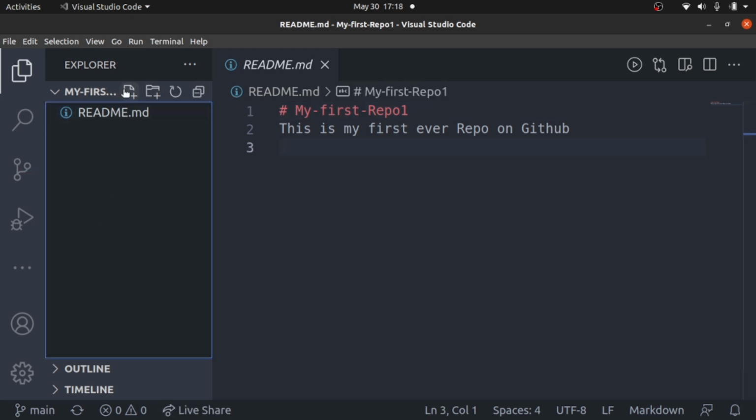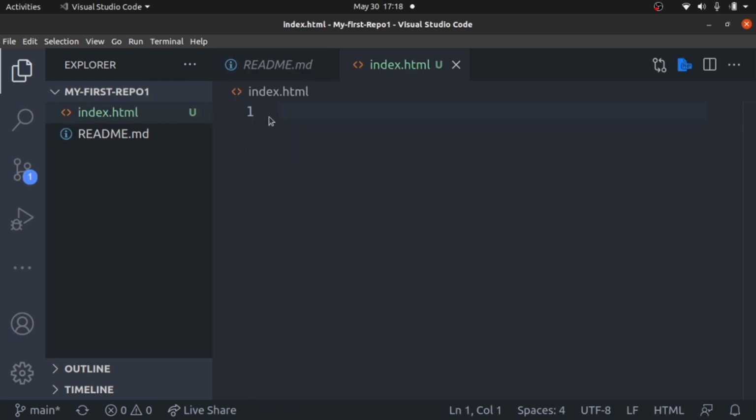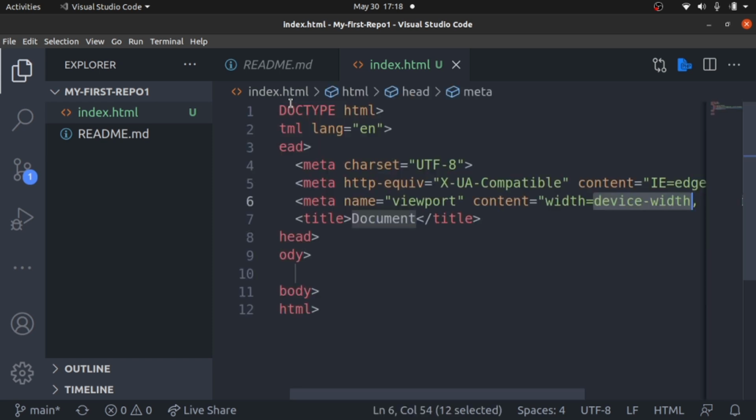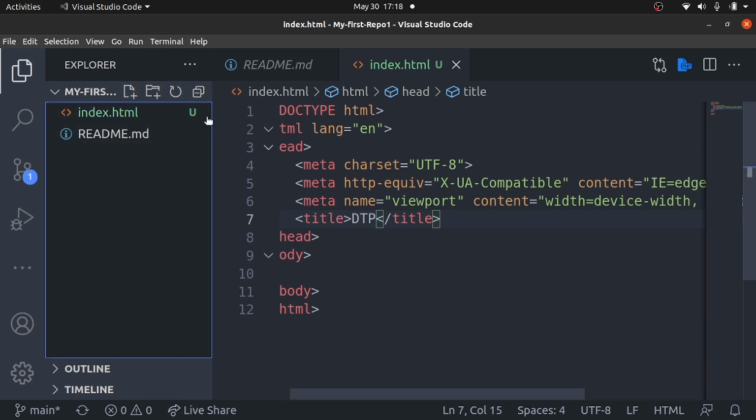So what you do now, here you can commit, like probably you can add an index.html. For instance, if you're working on probably a login form or a website, and you want to start the front end, you can do this. So your index.html, here you can just give something like this. Then you can modify it to, let me say, something like that. Here you see unchanged, that means it has not yet been changed.